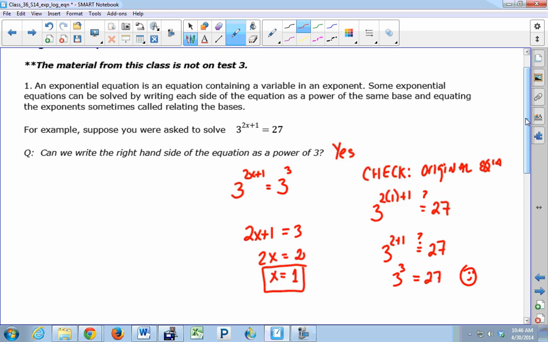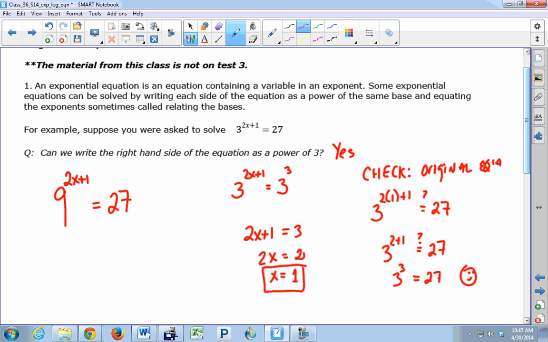There you go. Okay. So sometimes when you look at it at first, you might have two different bases, but you might be able to write both of them in terms of the same base. Like suppose I had 9 to the 2x plus 1 equals 27. You can change 9 to 3 squared and 27 to 3 cubed. So we just involve one more step. So for example, if this looked like this,